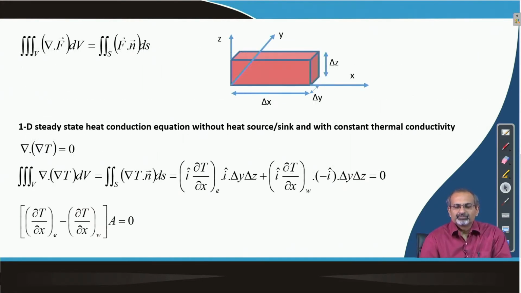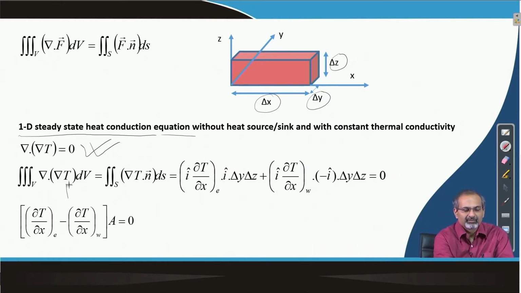Here is a control volume which we have drawn having finite but small dimensions delta x, delta y, delta z along 3 directions, and we are trying to figure out how the 1D steady state heat conduction equation can be discretized on such a control volume using the finite volume technique. So, this is the governing equation in the derivative form or the differential form, which is appropriate for finite difference approximation. However, we are going to use its integral form now for the discussion of the finite volume technique.